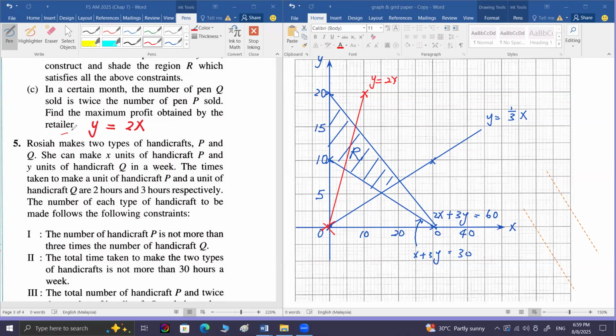So you want to get the maximum profit. Look at the line, class, the profit line. Which one makes a profit line? Yeah, 10 ringgit. Okay, look at the questions. The questions are given there. You look at line number 3. The profits of selling a pen P and a pen Q are 10 ringgit and 30 ringgit respectively. So the profit from the question there is